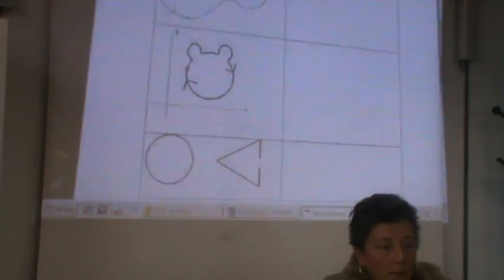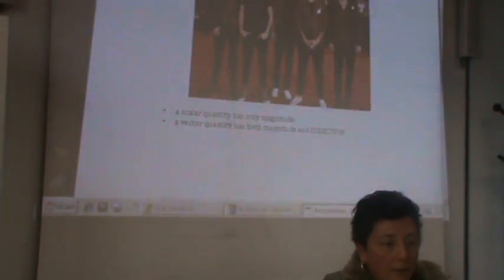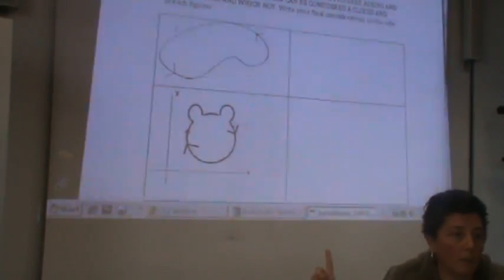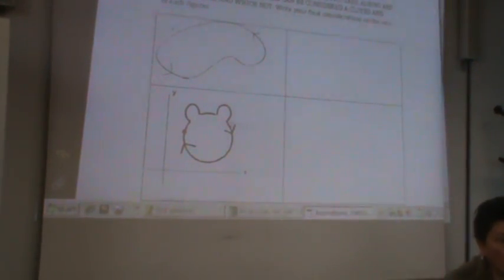And after I introduced the first micro content learning object, what is a closed and oriented line, with an exercise to be done in pair,